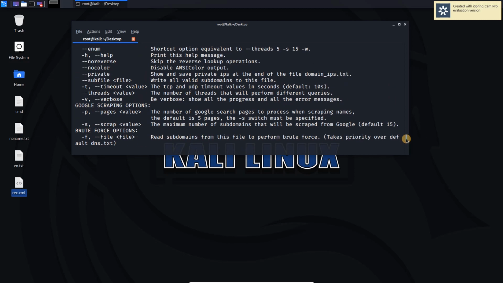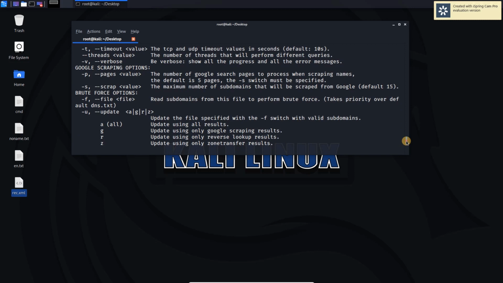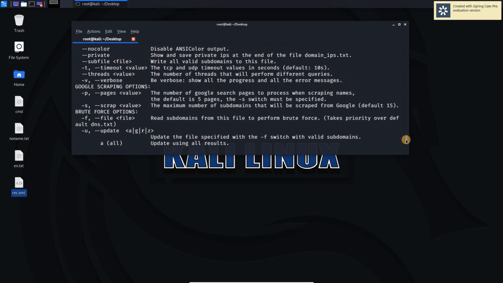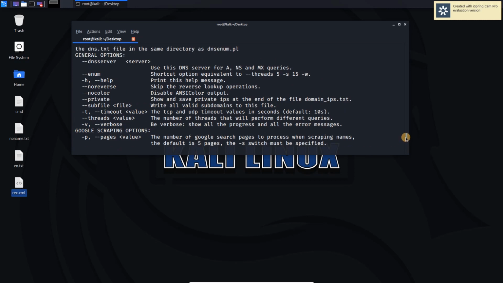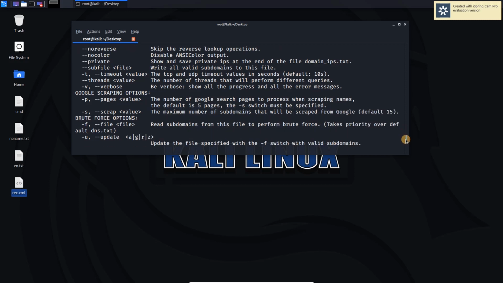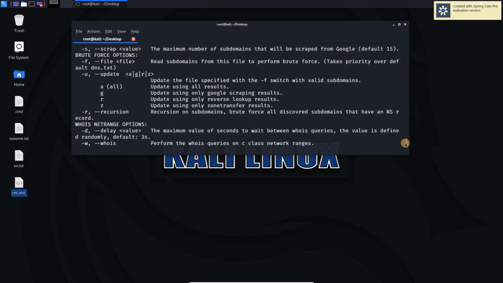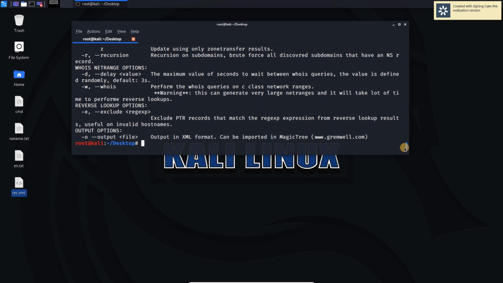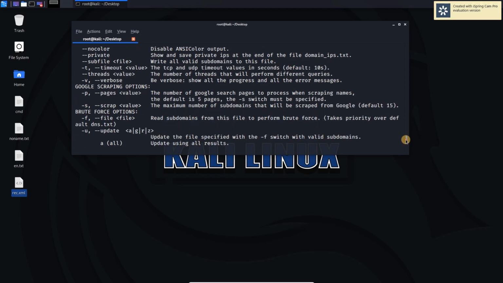For example, we can use different files for brute forcing. We can use verbose mode. You can also exclude the no reverse option, but it will then take hours. We can increase the threads value, and we can do many more things here.